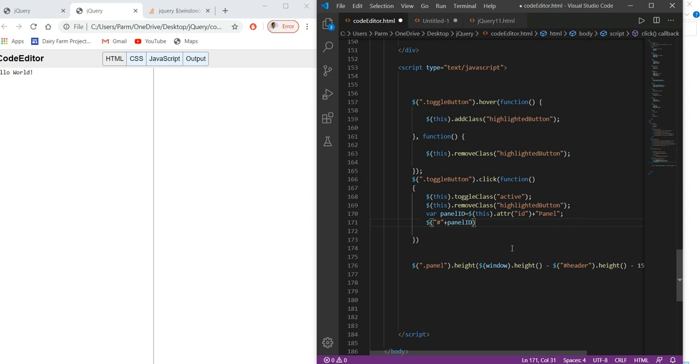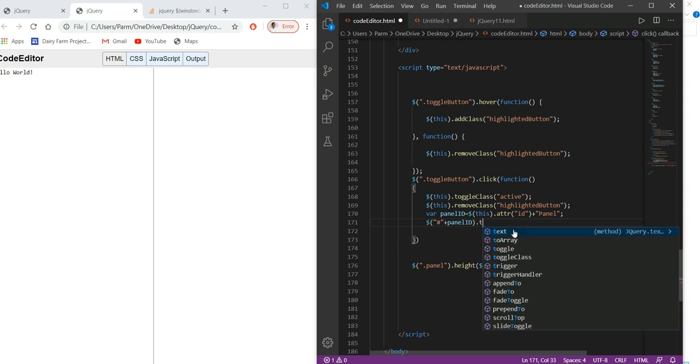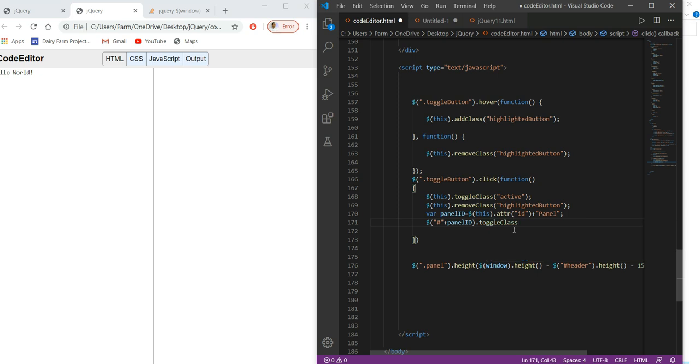Whatever value we get there is equal to dot toggle class, and this time we have to call it hidden. Done this, so save this here and see the changes.